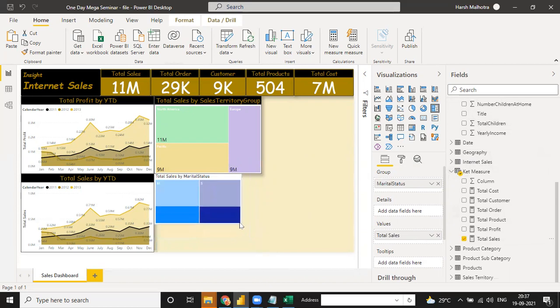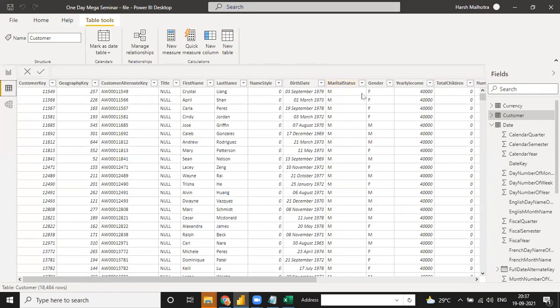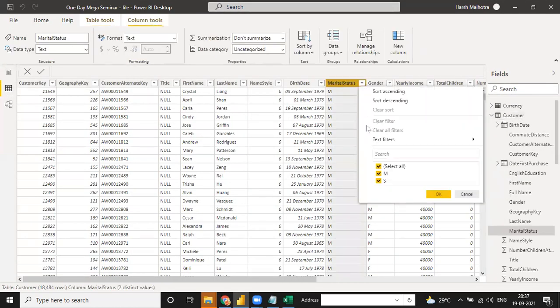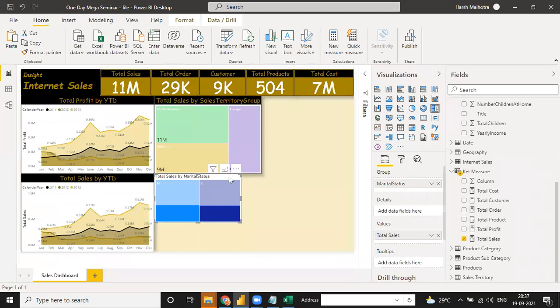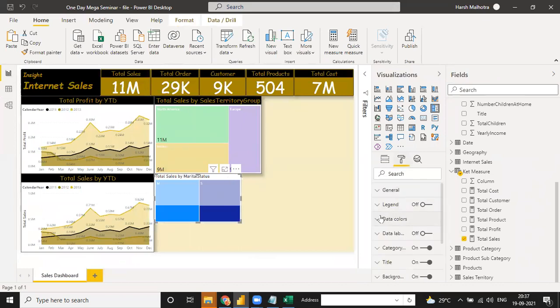So you have the total sales by marital status. Marital status means there are two types of status, married and single, maybe. Yeah, married and single. But if you need it gender wise, you can also change the data label on.